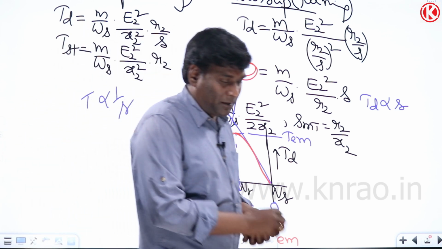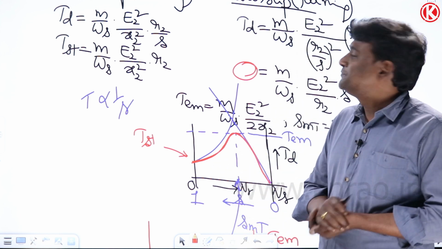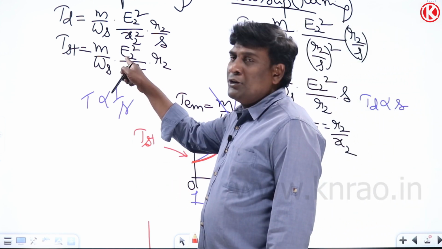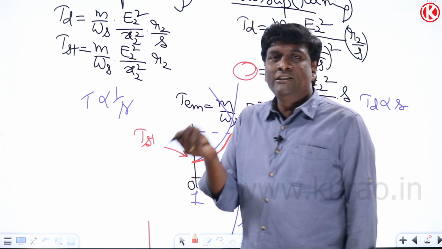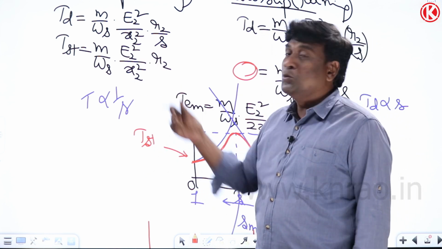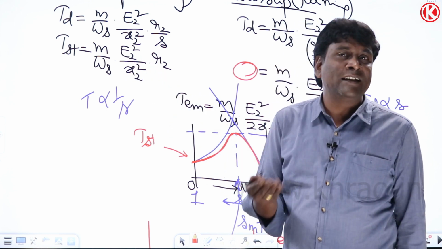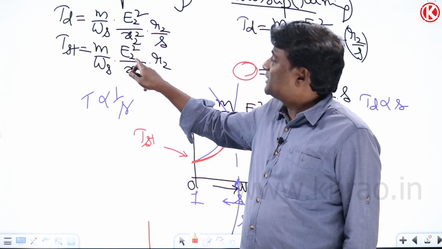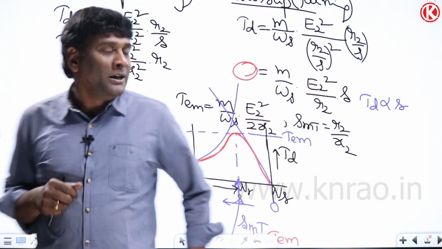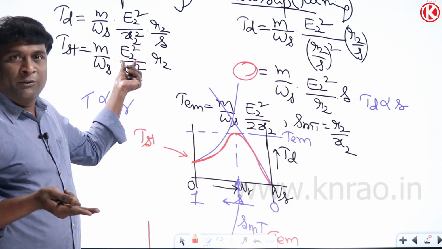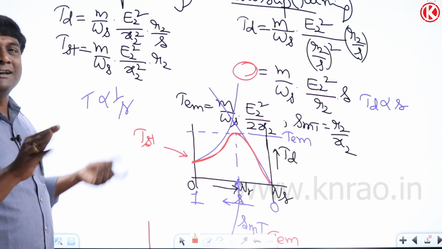For example, I'm directly connecting this to speed control without actually using the name speed control. Say E2 doubles. Doubling may not be a good idea. For example, E2 is reduced by 10%. When E2 is reduced by 10%, in the sense that you supply 90% of rated voltage, the starting torque will be reduced by 19%, because 0.9 squared gives you 0.81. So 81% of the previous torque will be there, or a 19% starting torque reduction.